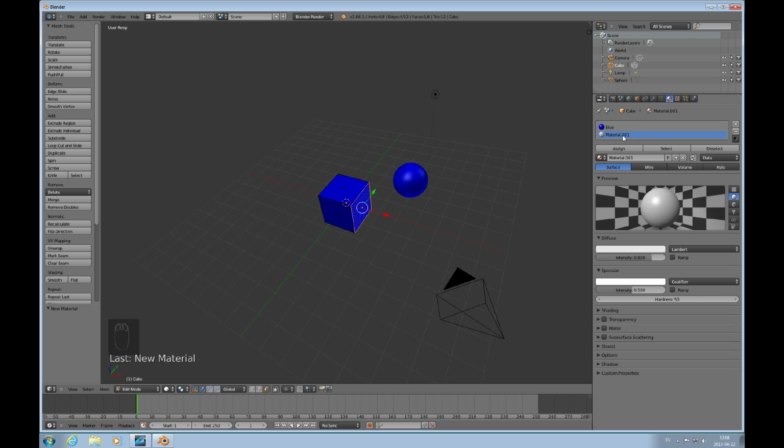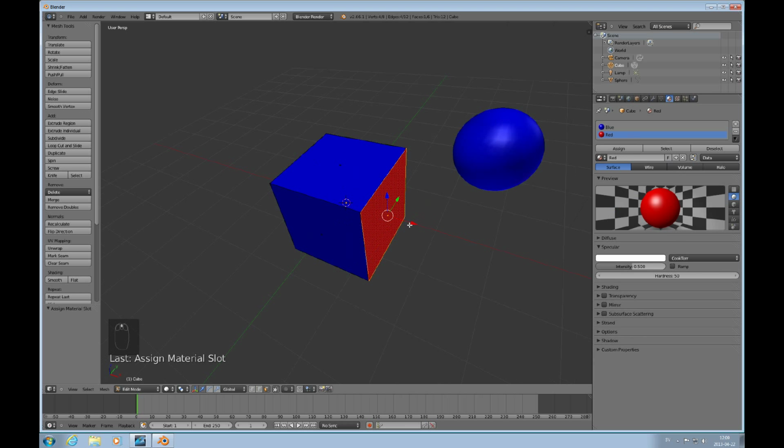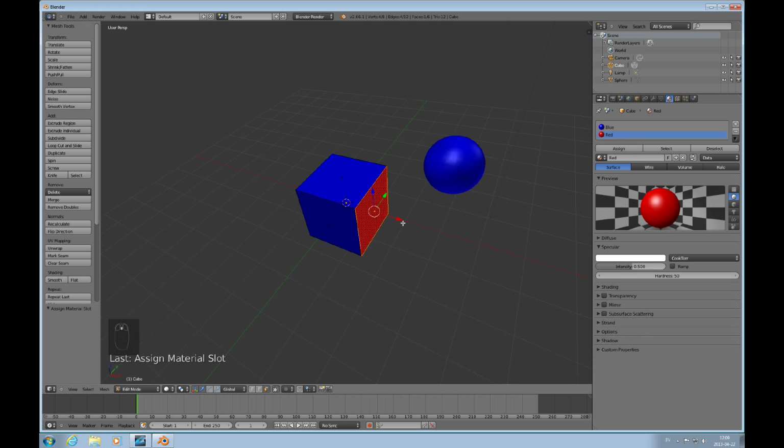and you can see that since there was no active material, I didn't have the blue selected, it will take the default material as its starting point, and I change this to red. I'll just change the color to red, and I can assign that to this face, and then I would like to extrude